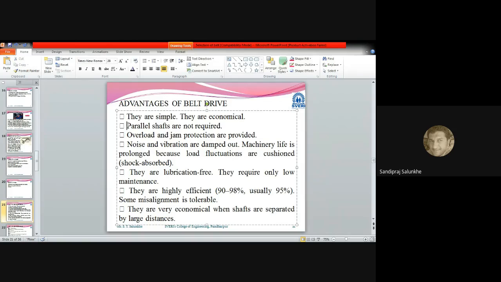Now next, parallel shafts are required. This can be considered as a disadvantage also, and we can use it for the advantage. Then